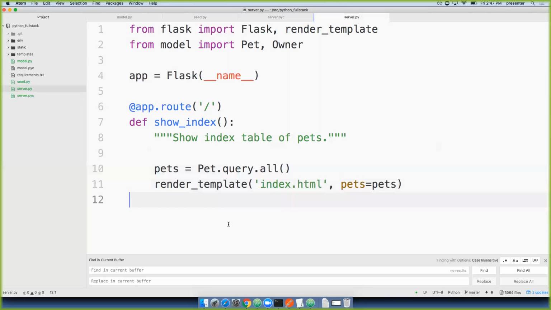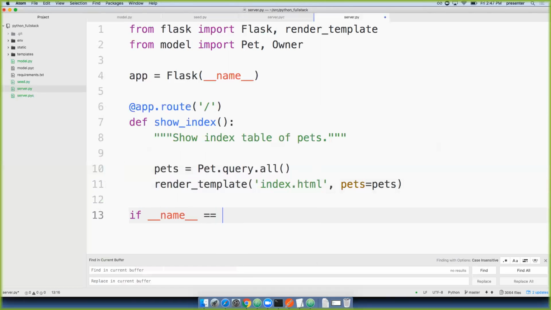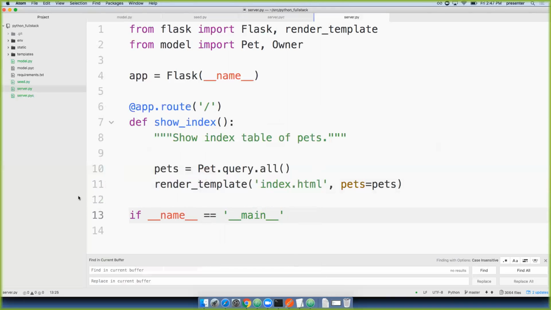Okay, and then down here, I'm going to say if dunder name equals dunder main, and this is important because I do import the server in other places, and I don't want to run my Flask app if I'm just importing the server because I need the app to connect to my database, right? Also, I'm going to have to do DB here, and then